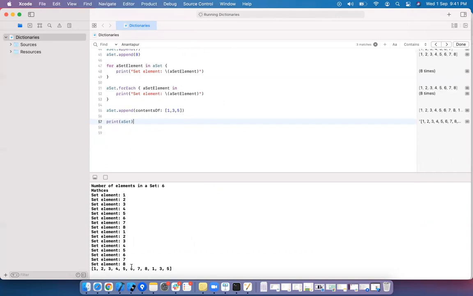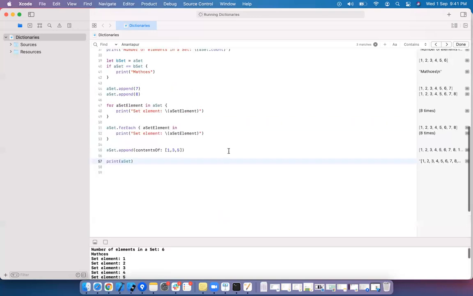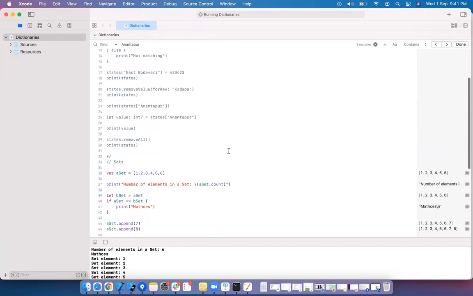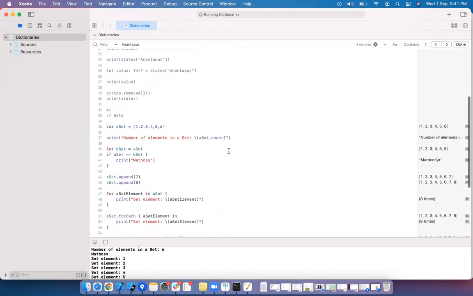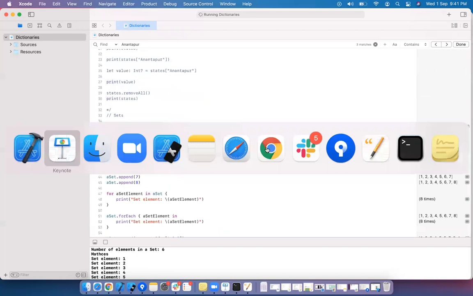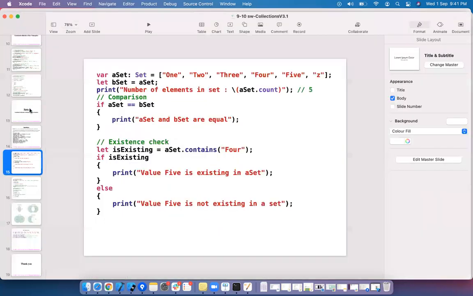It is 1, 2, 3, 4, 5, 6, 7, 8, 1, 2, 1, 3, 5. It is not supposed to. One moment. This is a set, right?